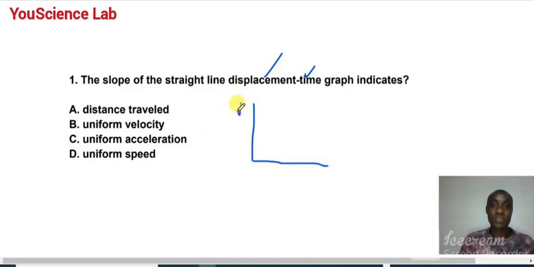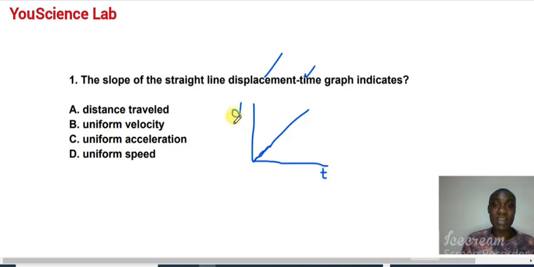Let me just use D for displacement and T for time. Now the slope is going to look like this, a straight line graph. Don't mind my diagram, this side is not always that straight because I don't have a ruler, but that is how it should look. Now when you have a graph like this and you are asked to explain what the slope means,